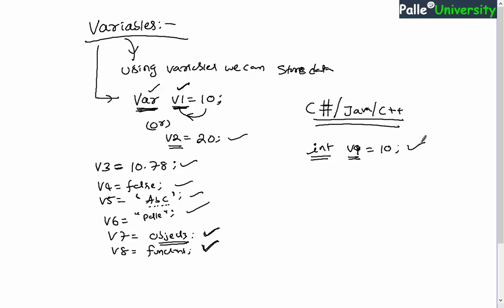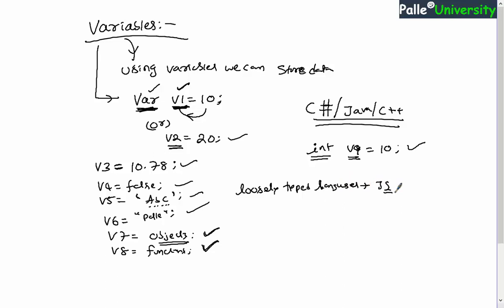But when it comes to JavaScript, we can declare the variables either by using the var keyword or even without using the var keyword. Remember, in case any language supports variable declaration without using an actual data type, such kinds of languages are called loosely typed languages. So JavaScript is an example of a loosely typed language.